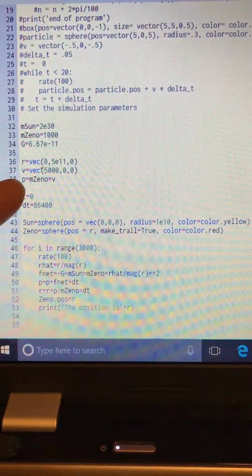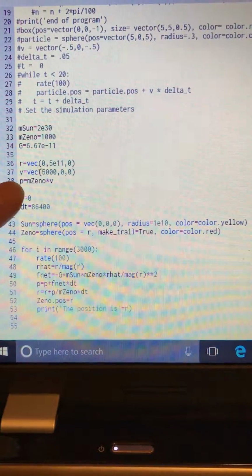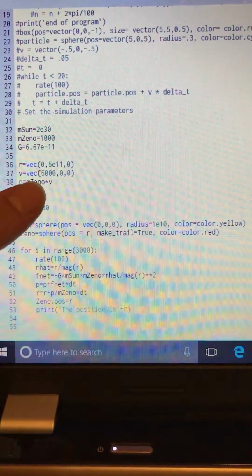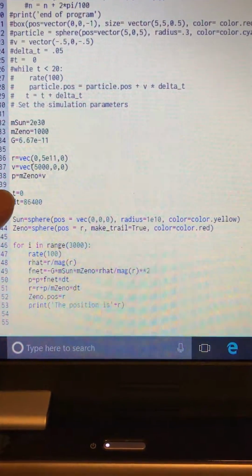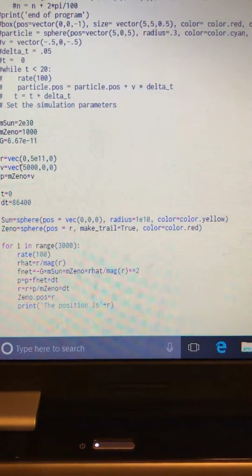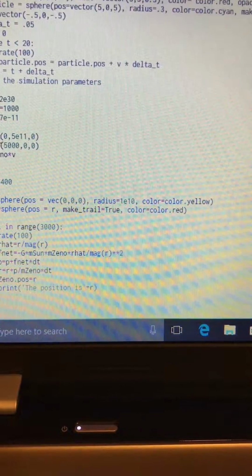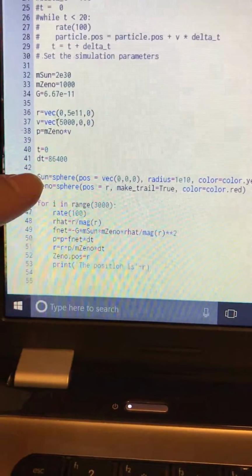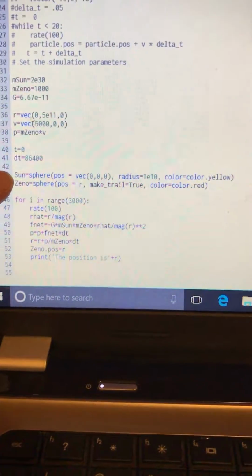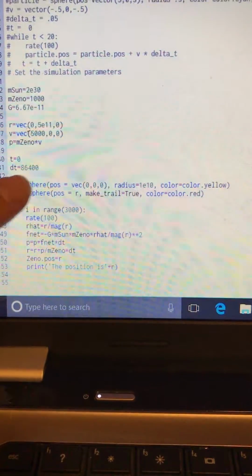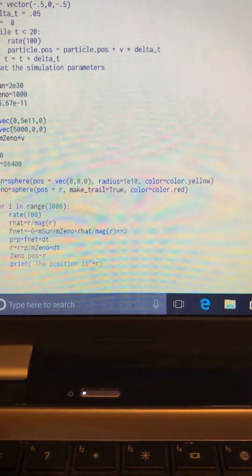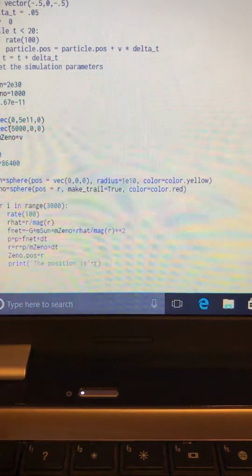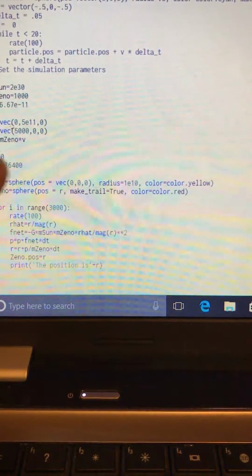And then I define my momentum constant as the mass of Zeno times the velocity vector. Then I define my change in time. Then from there, I create my Sun right here by giving it a location and a radius big enough for us to see when I run it here. And I make my planet Zeno with the position R, and so it'll show the trail of the orbit that